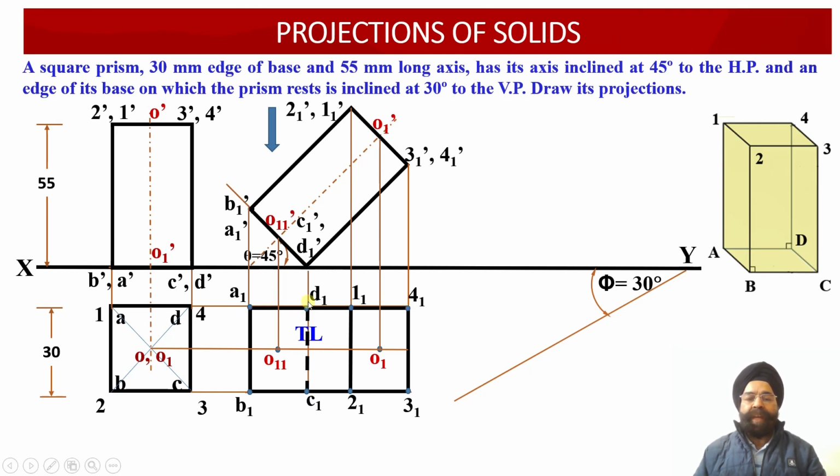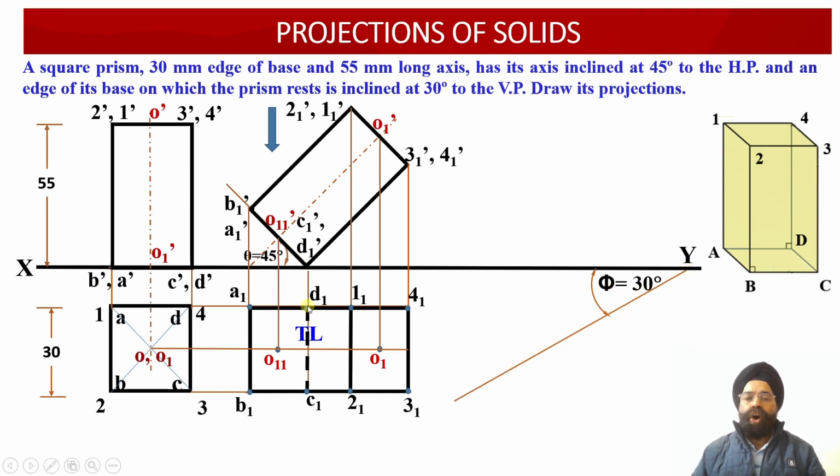The focus will be on this edge C1, D1, which is further inclined at an angle of 30 degrees with respect to the vertical plane. You can check, we have marked this angle as angle phi. Why have we marked this angle as phi? Because onto this orientation line,